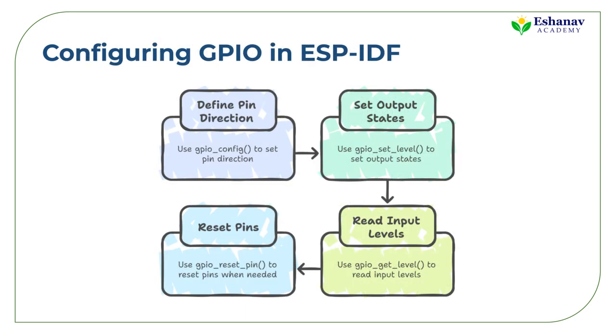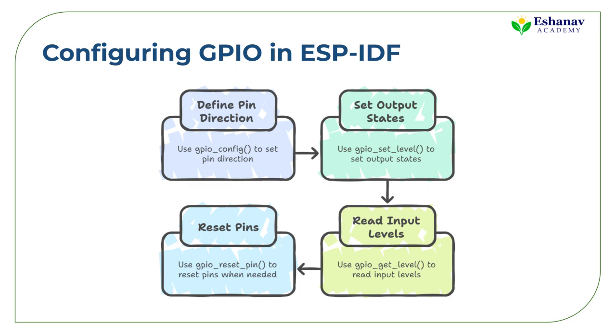ESP-IDF provides a flexible GPIO driver. The main function is gpio_config, which lets you define pin direction, enable pull-up or pull-down resistors, and set interrupt behavior. For output pins, gpio_set_level sets high or low states. For inputs, gpio_get_level reads the pin voltage as digital logic. Always reset pins with gpio_reset_pin before reconfiguring to prevent conflicts. Think of gpio_config as assigning roles to each pin, whether it listens, speaks, or both. Experimenting with these functions in your Hello GPIO programs helps you internalize pin behavior before connecting more complex devices like